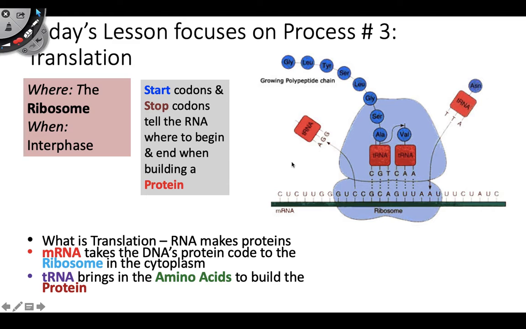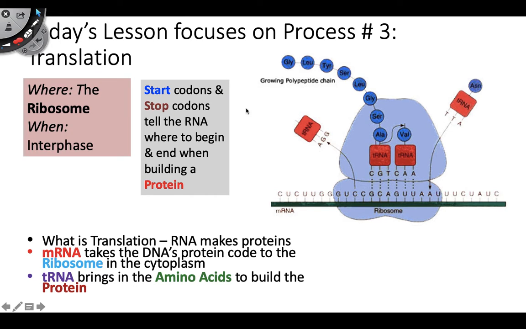That protein has a particular size. So RNA needs to know how big that protein is going to be. And RNA also needs to know when that protein needs to be made. So these codons, or these sequences along the RNA, are important in signaling the beginning of protein synthesis. But also the polypeptide cannot just continue growing indefinitely. There needs to be a stop sequence or a stop codon on mRNA that tells the protein synthesis system to stop producing that